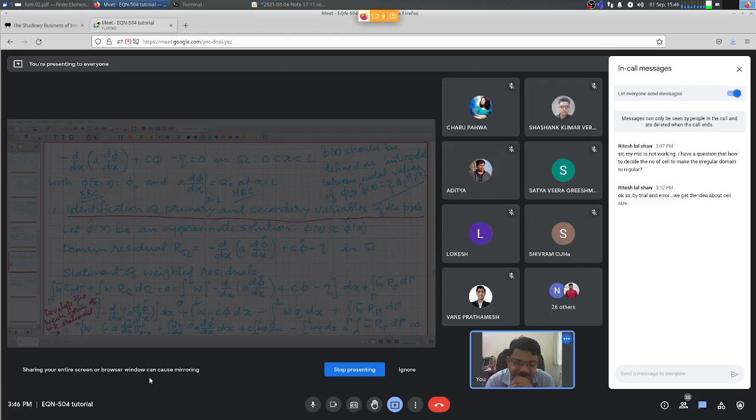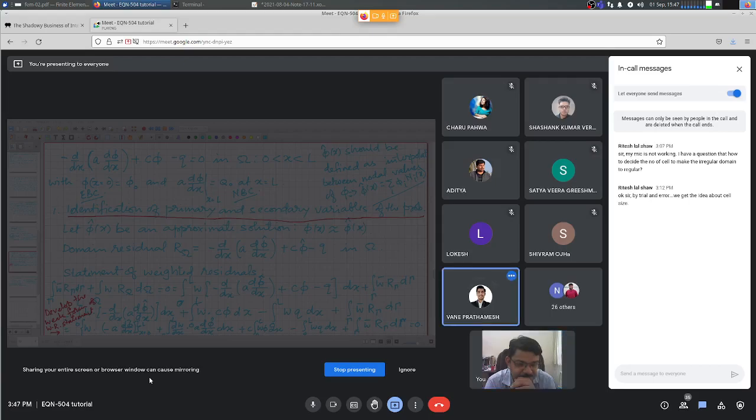Does it make sense? Sir, you mean W is to be substituted in our governing differential equation? No, W is not to be substituted in the governing differential equation. Nothing is substituted in the governing differential equation. You find out what is the unknown of the governing differential equation. What is the unknown? Phi. So take that unknown and replace W with it in the boundary term of the weak form.